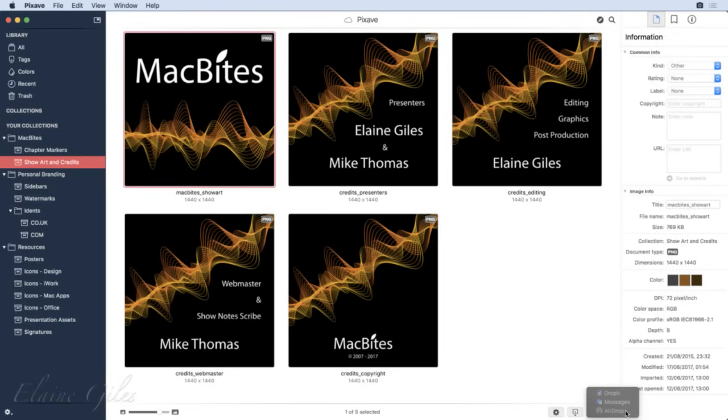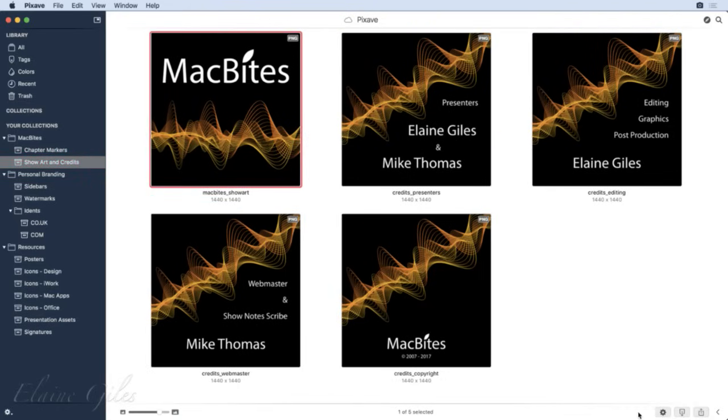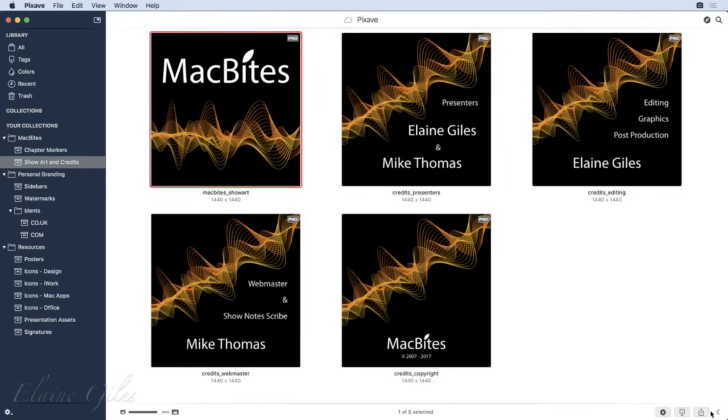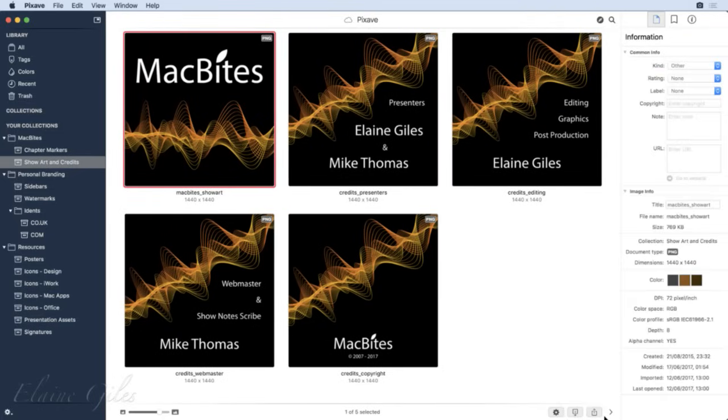And I only have those 3 items in my share sheet. So you could use that as well. And this toggle here toggles off that info panel on the right-hand side. Now, for the sake of completeness, there's a couple more options that really do relate to the interface, which is